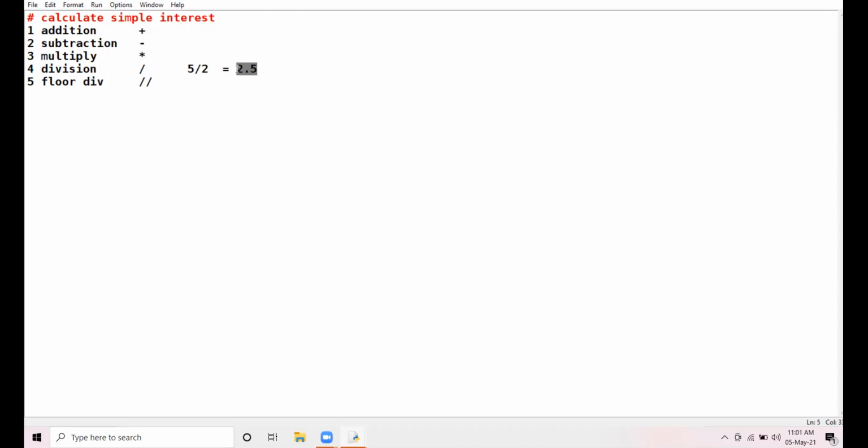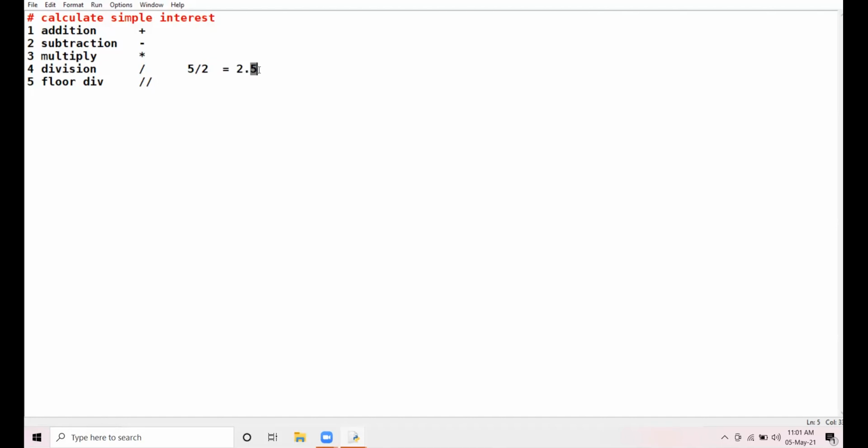The first part before the decimal is the integer part, the non-fractional part. The part after the decimal is called the decimal part, the fractional part.